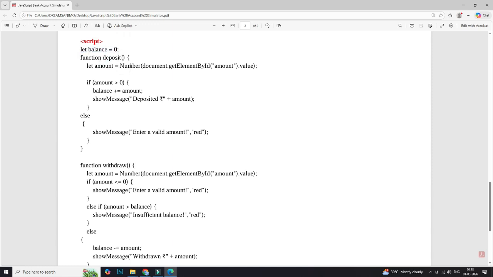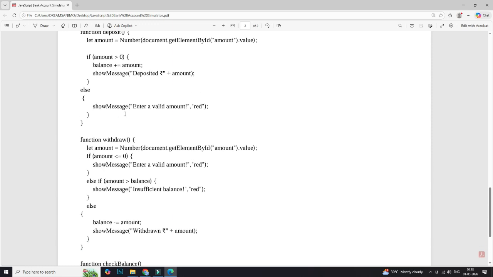One is the deposit function, and in the next line, let amount equal to Number(document.getElementById("amount").value). That just gets the input field, whatever we typed in the amount column, and it checks with this condition: the amount is greater than 0. If it's true, it checks that the amount is valid, greater than 0, then it adds the amount to the balance and shows the amount, or else it shows invalid amount, which should be specified